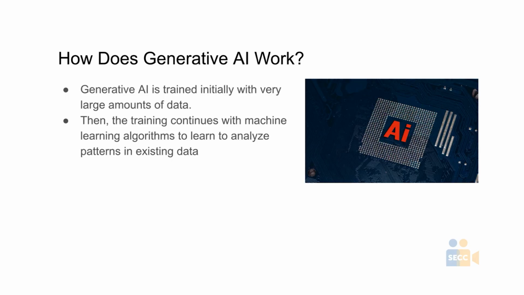And ChatGPT then, and this is the same of all the generative AI tools, it uses what's called machine learning algorithms. And algorithms just mean the steps in a process. It sounds like a big fancy word, but all an algorithm is a step-by-step process that computer programs do to complete a task, okay? So they got everything on the web, and then the training continues where the ChatGPT, for